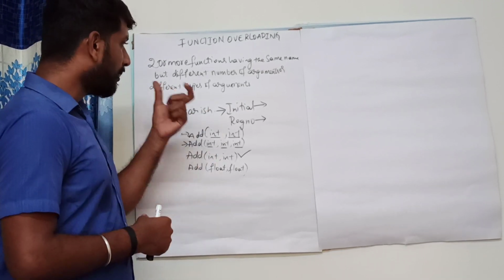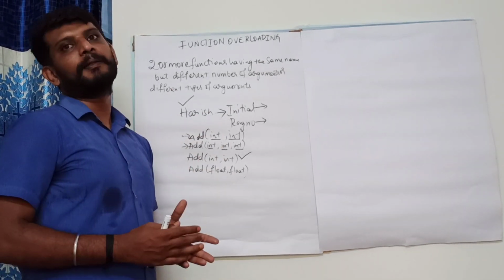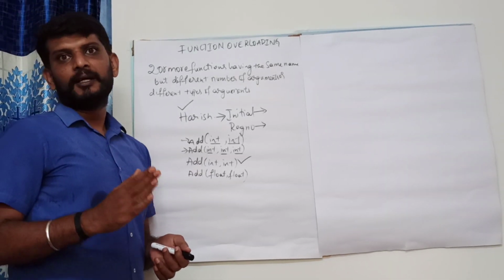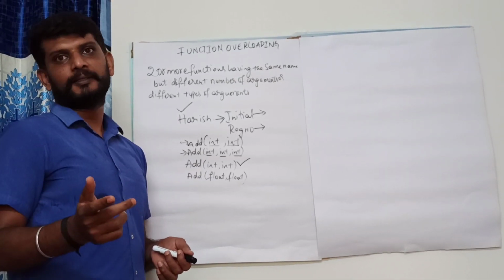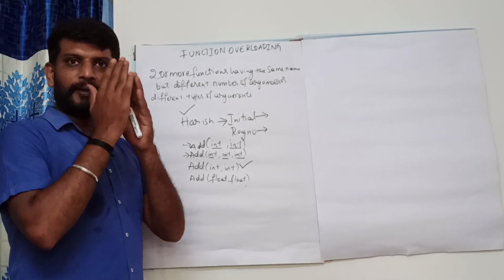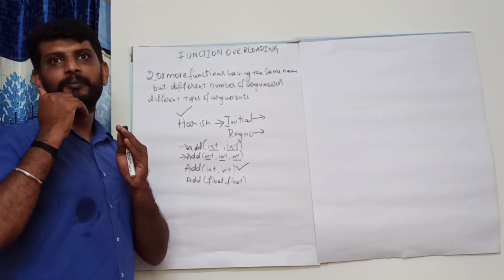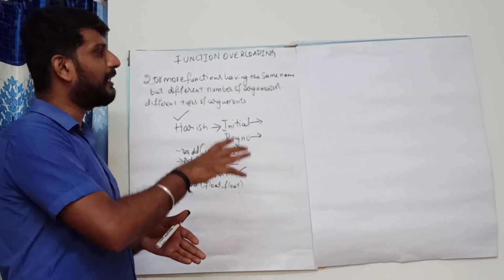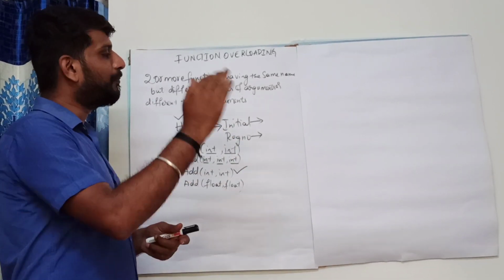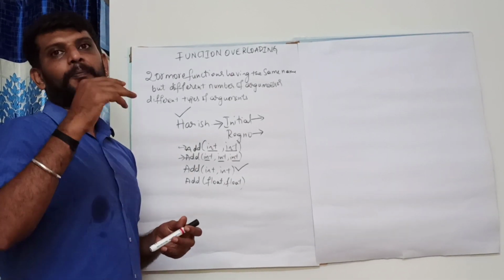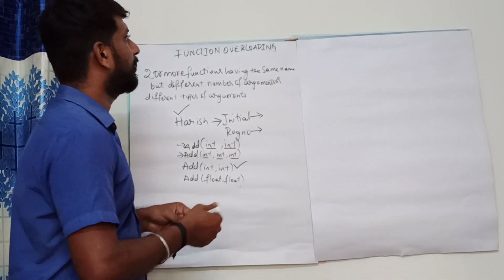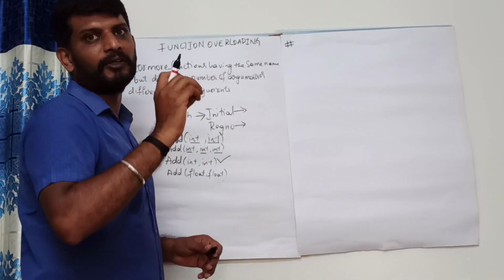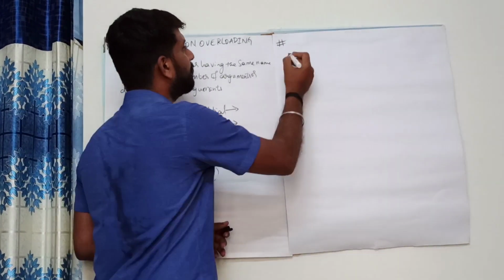Now, in this class, let me write a simple program which will have the same number of arguments but different type of arguments. That is, the number of arguments will be the same but the type of arguments will be different. So let me write that program and show you how exactly the program gets executed. I will just write a program that will print a particular value.